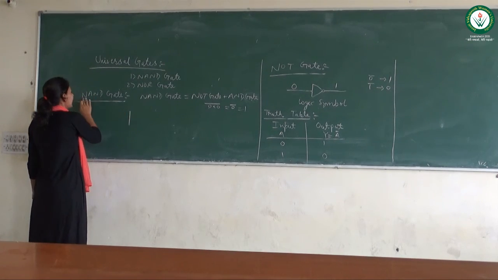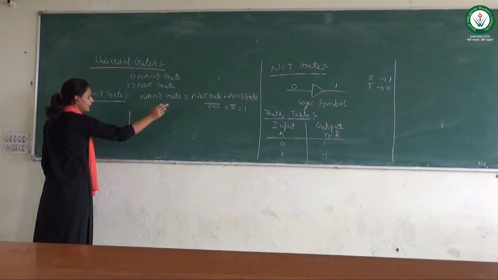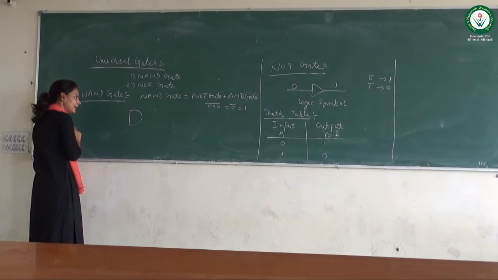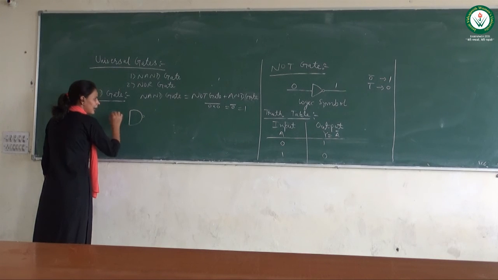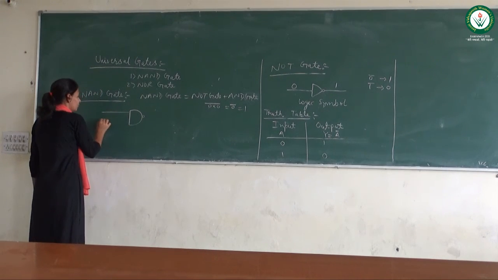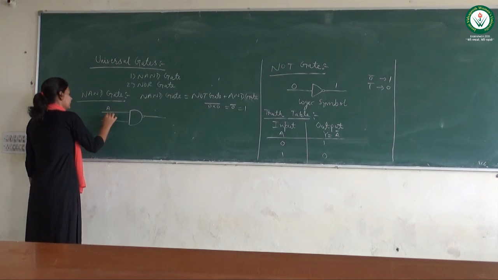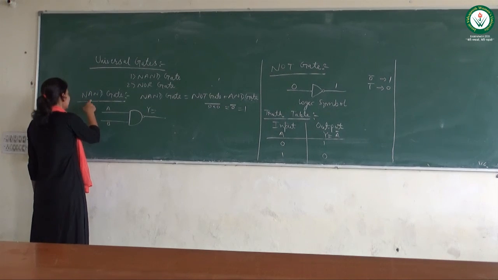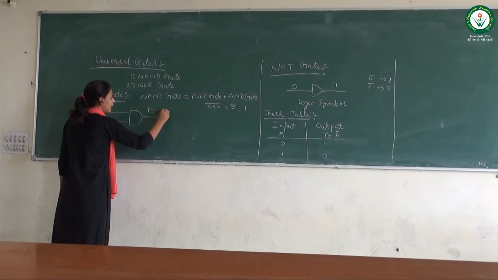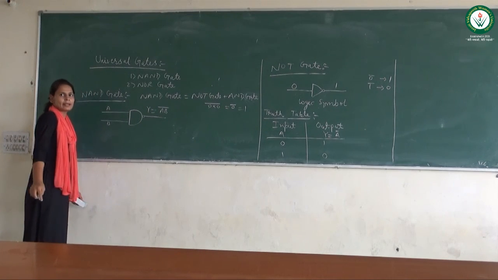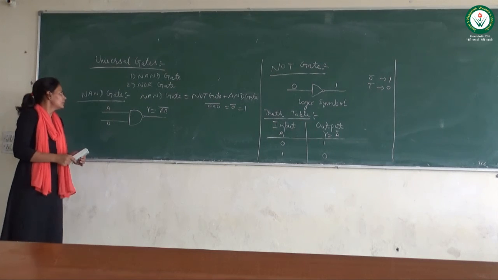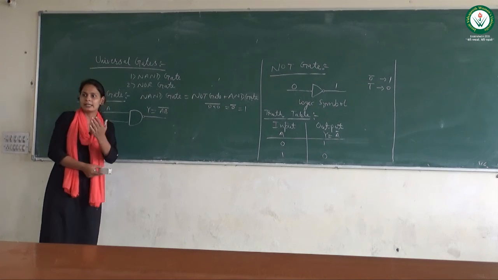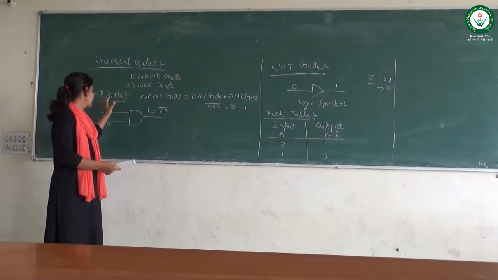So we know that NAND gate is the combination of NOT gate and AND gate. So firstly we will draw the symbol of AND gate. This is the symbol of AND gate. Now we will take a bubble at the output side. So this is the symbol of NAND gate. We discussed this in detail in the previous lecture. We will discuss NAND